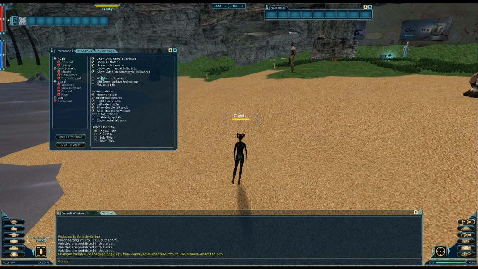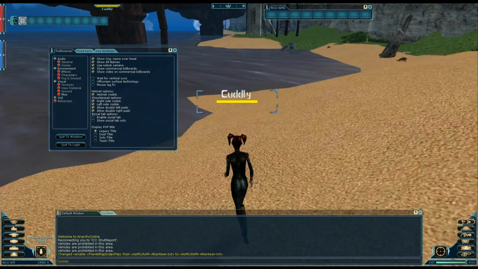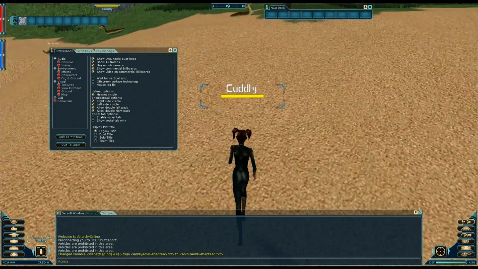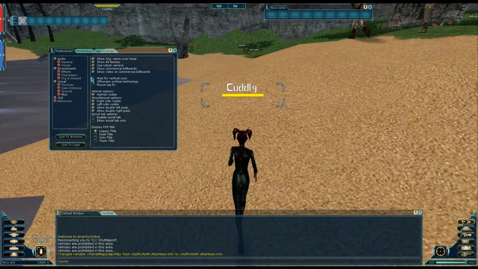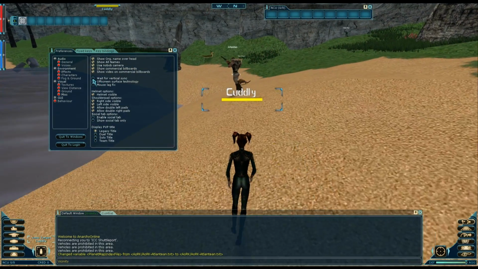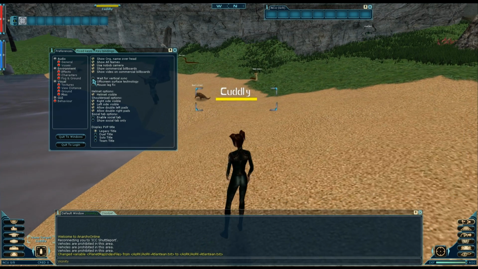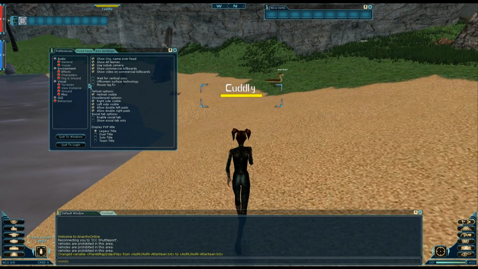That's kind of useful. Show commercial billboards. Free-to-play players, you'll see commercial billboards, I think, and then non-free-to-play won't. But I turn them all on. I like advertising. Wait for vertical sync. I guess that is useful in some ways. It prevents